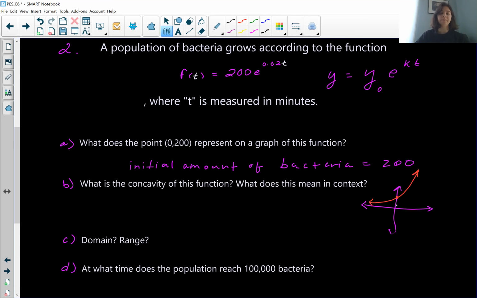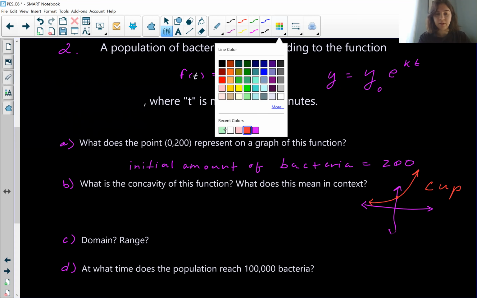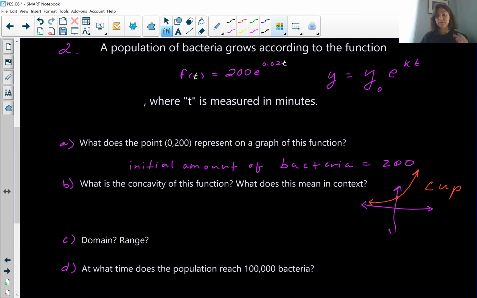Boom. All right. And we can see that it is concave up, like a cup. But we can't really think of it that way when we want to know what it means in context. And you might recall that when we talk about concavity, we're talking about the way that the slopes change. So as I move from left to right on this graph, if I draw my little tangent lines, you can see that it's becoming